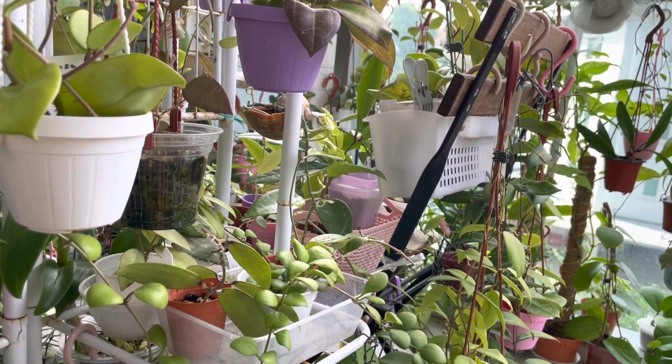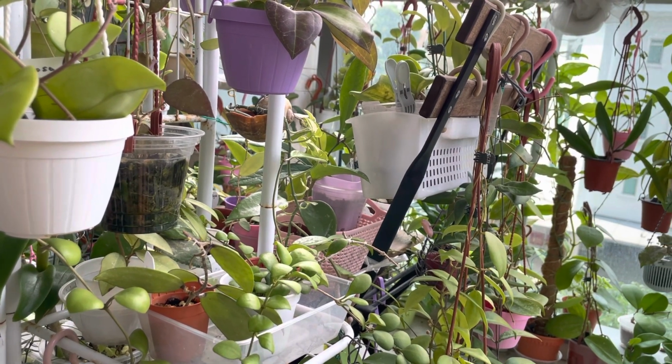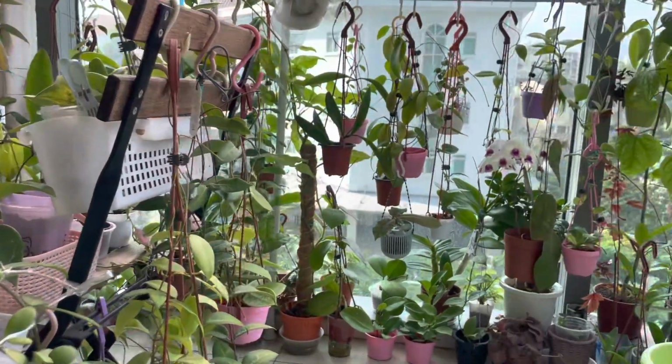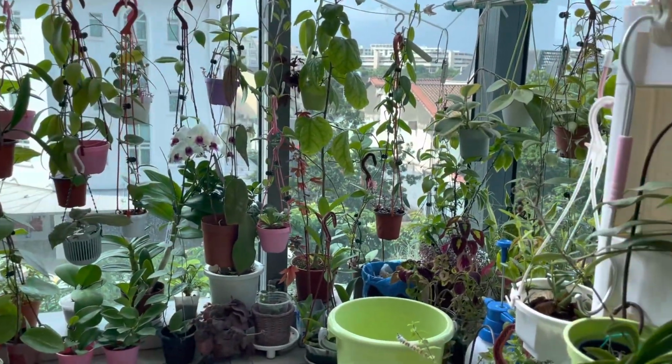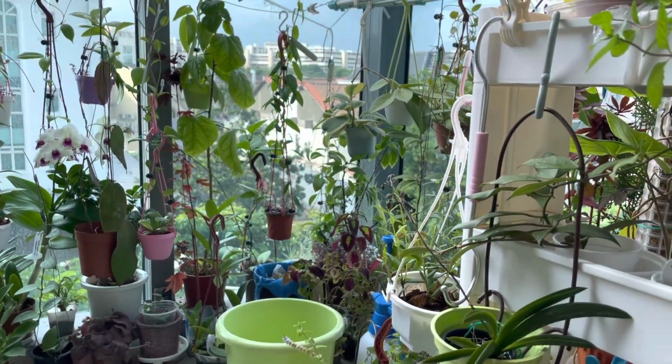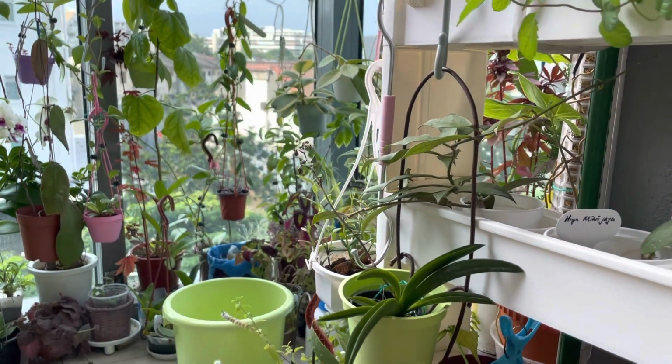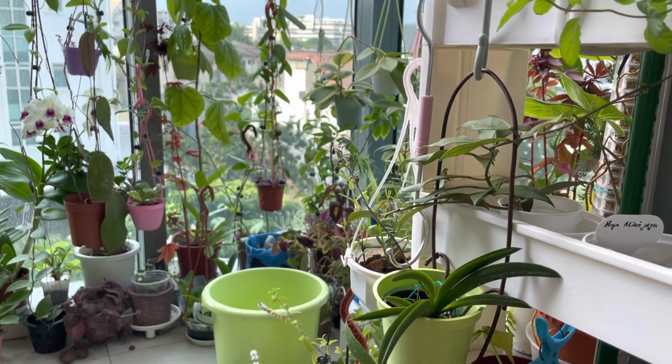So we don't have any cold winters in Singapore, so it's literally like summer all year round, because we are situated right next to the equator. So I just want to share with you guys. So the potting mix that I use